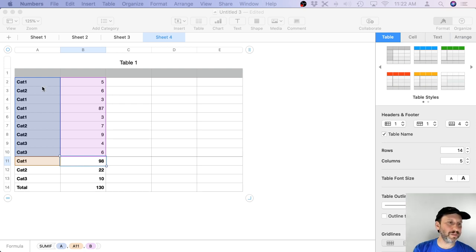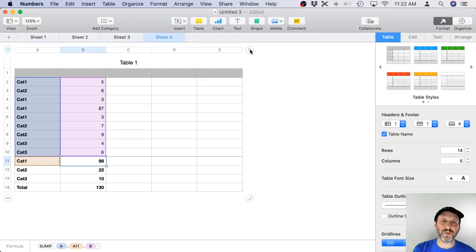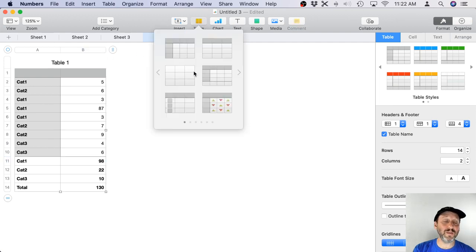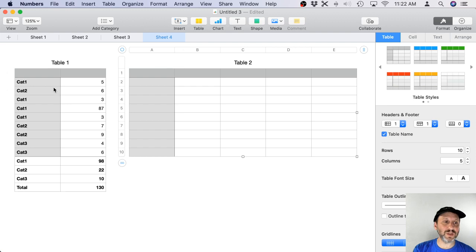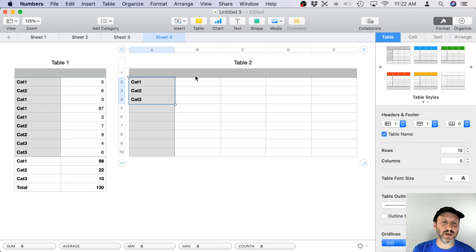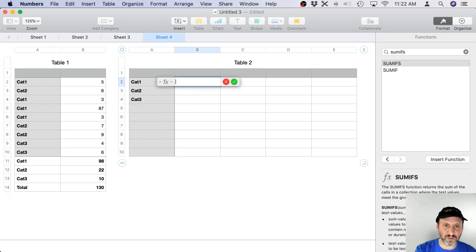Oh, and just to get back to this categories example here, the way I would do it if there were a lot of categories is I would have a separate table, maybe even another sheet, where I would list each category. So I would basically do the same thing here. I would just have these categories like that. But you could have 20 different categories. And then I would just do SUMIF, and then